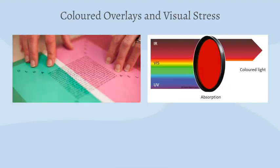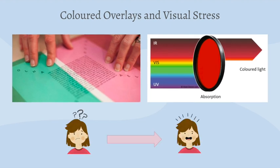Colored filters or overlays can alter the way individuals perceive and process light. Specific wavelengths of light can be selectively filtered out, reducing the intensity of certain light frequencies. For individuals with ASD who experience photophobia, this process offers a potential solution to regulate the sensory experiences and reduce discomfort. This is because it provides the eye with a different image to see and the brain with a different